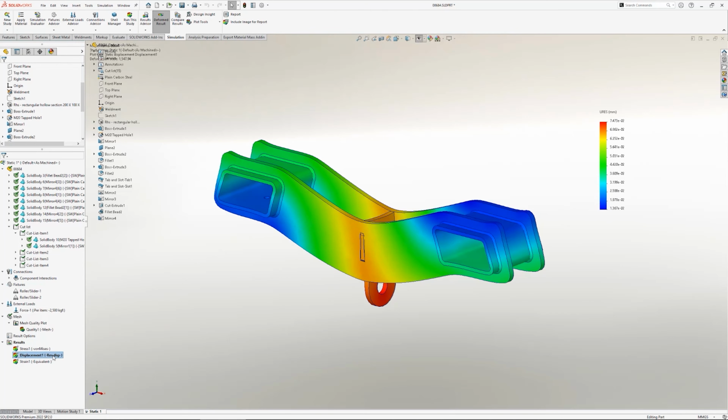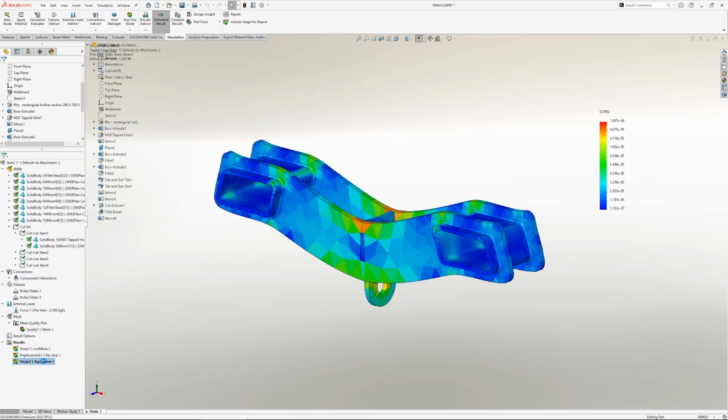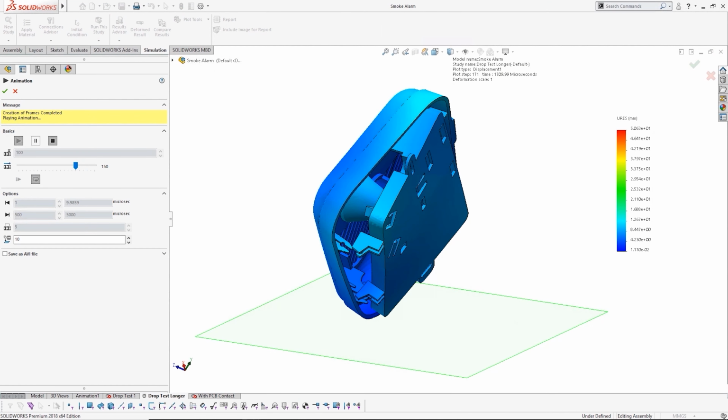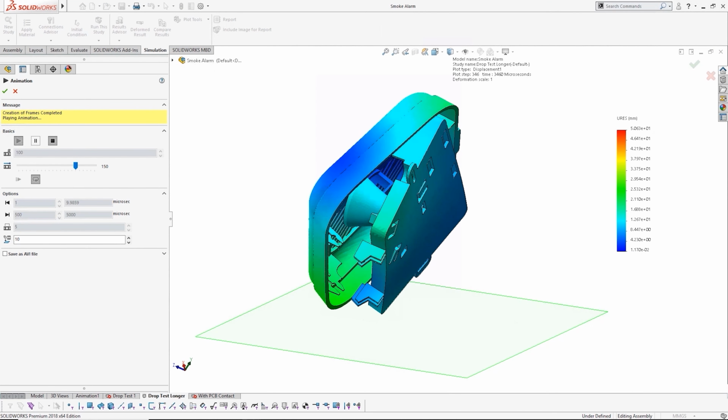Validating your designs can remove the need to create costly, time-consuming prototypes and gives you the peace of mind that your design is fit for purpose. The integrated design and simulation tools within SOLIDWORKS allow you to test for any eventuality.